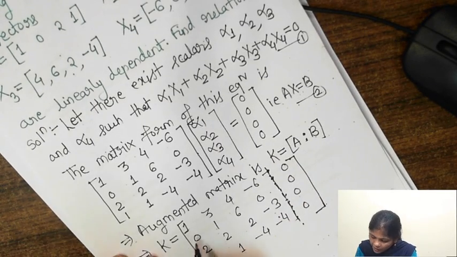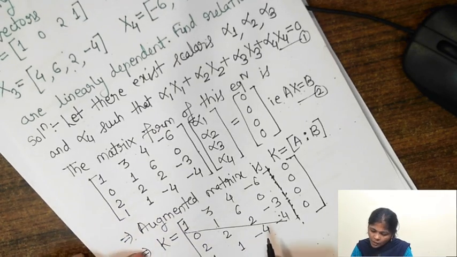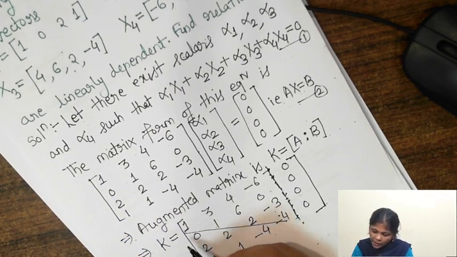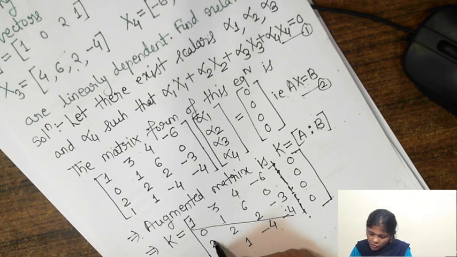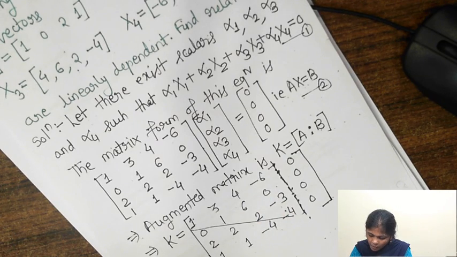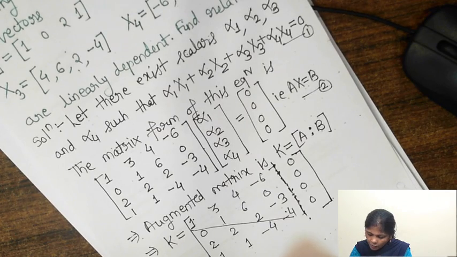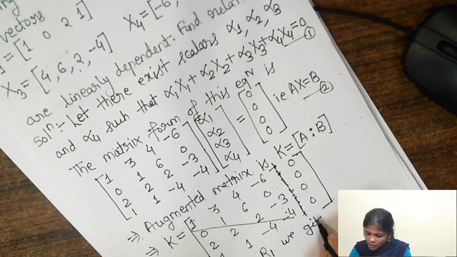Now identify diagonal elements. We call the element below the diagonal element 0. So here we will use a set of operations. Make this 2 0 with the help of 1, also 1 0 with the help of 1. So we will perform R3 minus 2R1 and R4 minus R1. We get K.